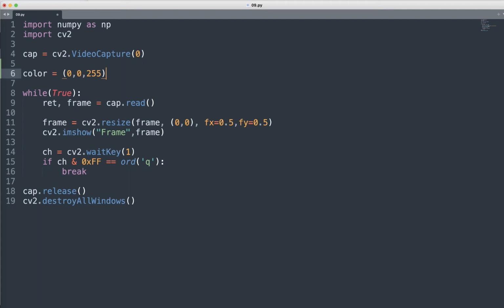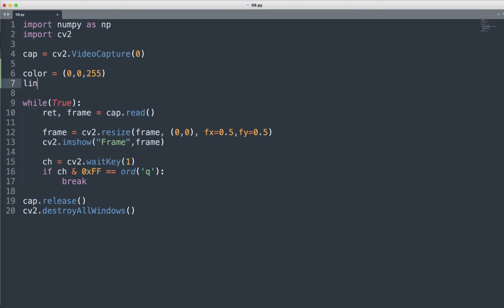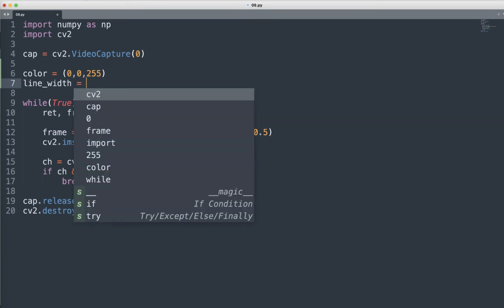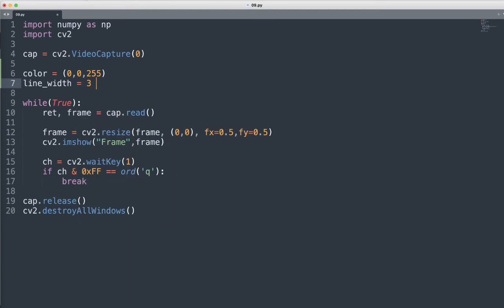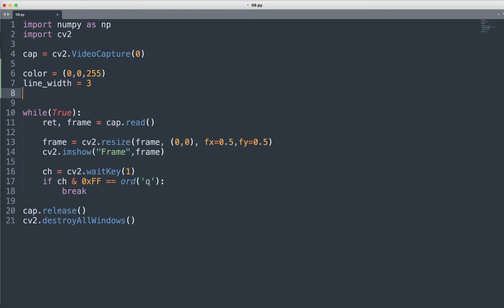Next we are going to define our circle line width. You can define it here as equal to 3. Note that if we gave a value of -1, it would mean that the circle would be filled instead of having a line thickness. Next, we are going to define the initial radius for our circle, radius equal to 100,